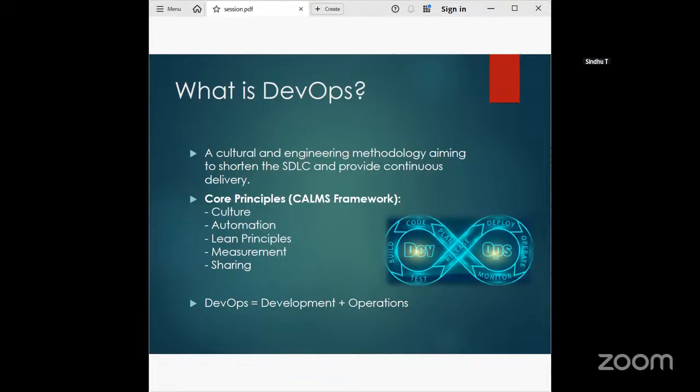First we have seen cloud computing. This is the first half of our solution, and the second half is DevOps. To transform the modern infrastructure, we need this. DevOps is often misunderstood as automation or a job title. It's a cultural shift. It's a combination of software development and IT operations. Okay, DevOps: development plus operations. The core principle comes as a framework, CALMS: culture, automation, lean principle, measurement, and sharing.